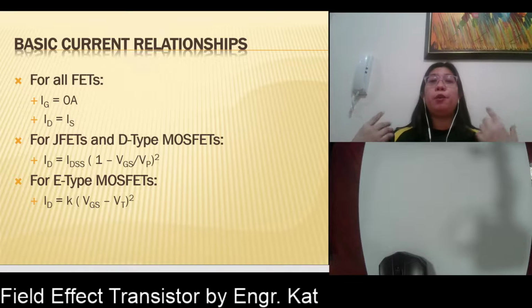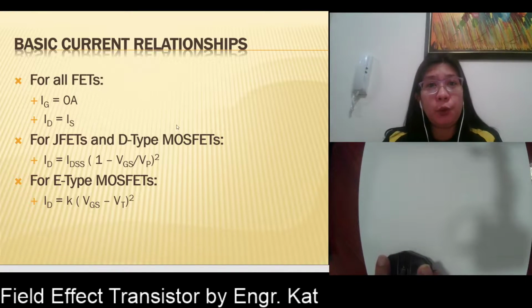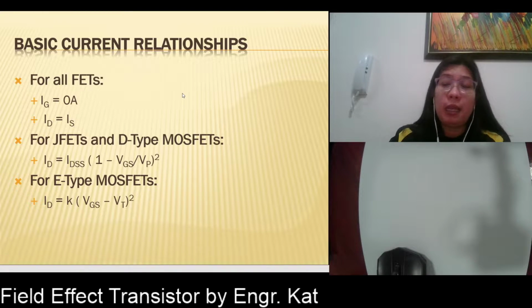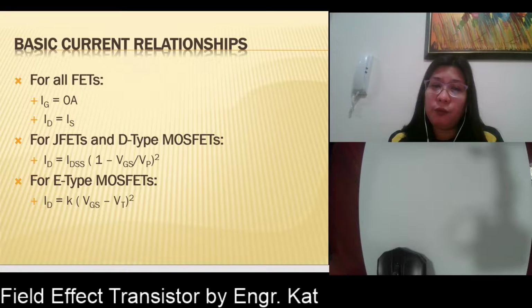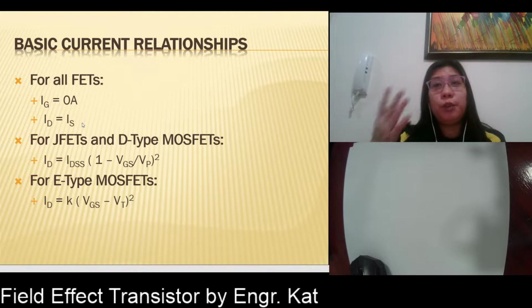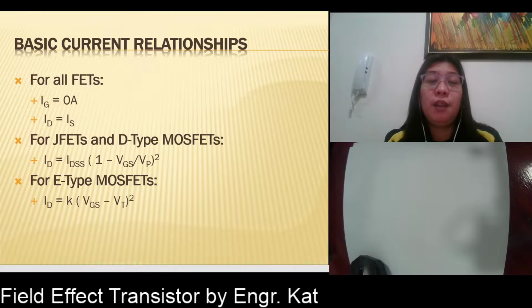Before we start, let us have a short review regarding the basic current relationships between our FETs. For all the FETs that we are talking about, what are those? For the JFET, the D-MOSFET, and the E-MOSFET, we say that IG, or the gate current, is always equal to 0. For JFET, how do we do this? We always see to it that your VGS is reverse biased so that we can be assured that IG